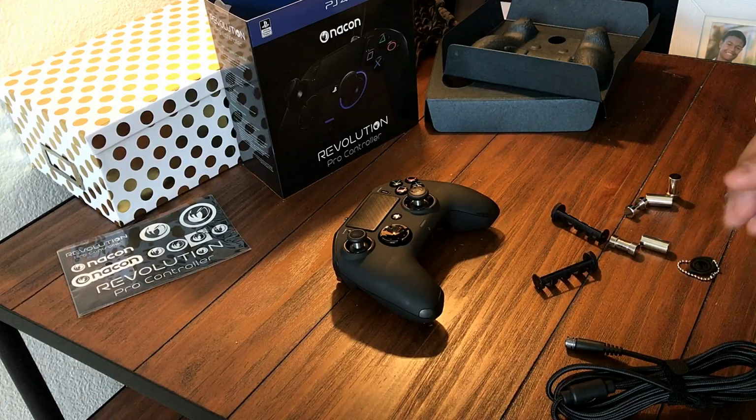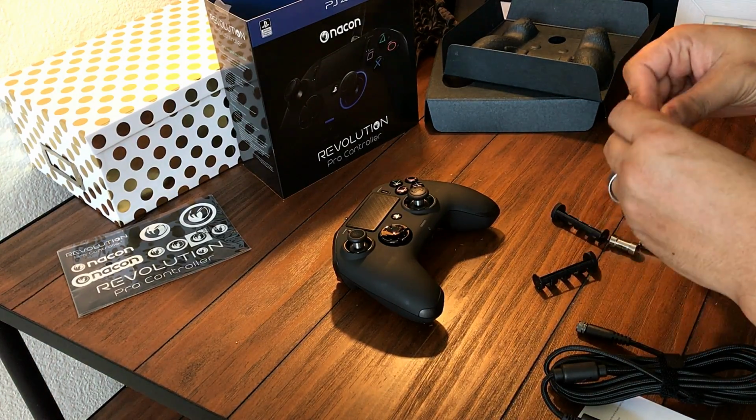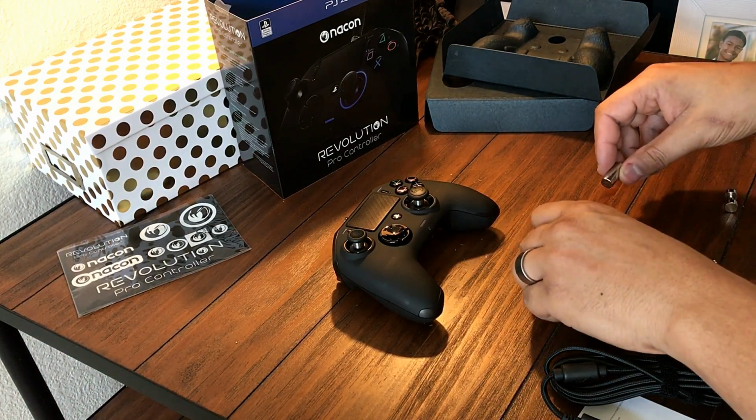What I'm going to do, I'm going to go with the heaviest weights. I'm a pretty big guy, and I actually like my controller to have some weight. It's not like I'm getting fatigued. Most of the time, I'm sitting on my butt, and my controller's on my belly. Okay, maybe not. So what you want to do at this point, you want to go ahead and take the